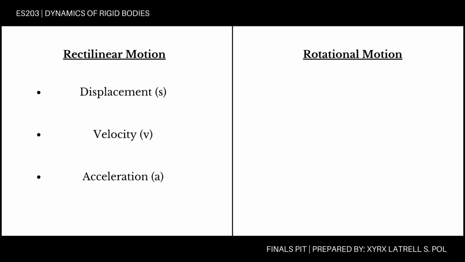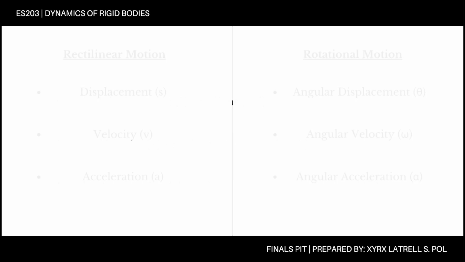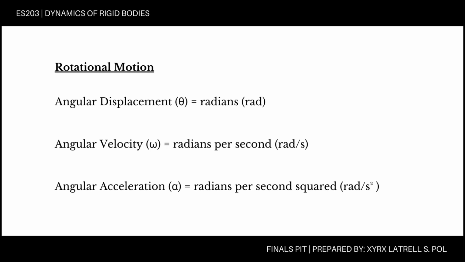So for us to clarify that we are dealing with rotational motion and not rectilinear, we can simply replace the symbols that we use to denote these terms. Therefore, rotating rigid bodies undergo an angular displacement, which is now denoted by theta. They have an angular velocity, which is denoted by omega, and an angular acceleration, which is denoted by alpha. The standard units for these variables are as follows: radians for theta, radians per